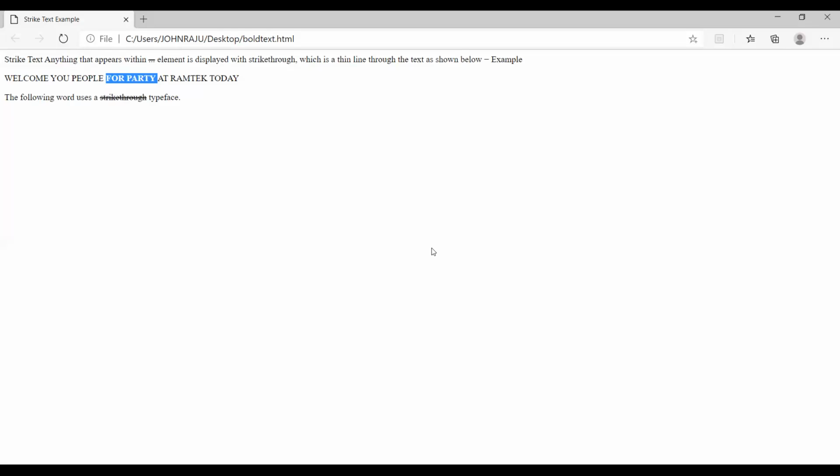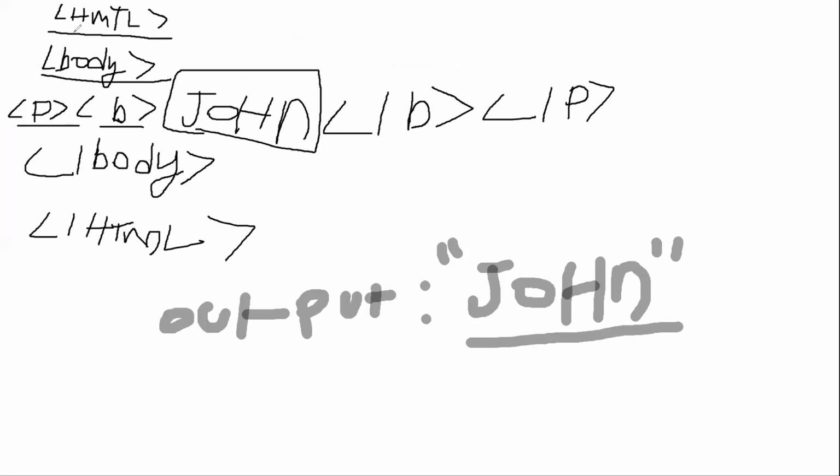Now, are you clear about this, people? How to make the bold text? Are you clear? Yes, sir. Who is it? Somebody is telling no. What is your doubt? Tell me. Ask me. Unmute yourself. Yes, it's very simple. Whatever we have seen, I'll share it again. Okay. So once again, I'm sharing this one.